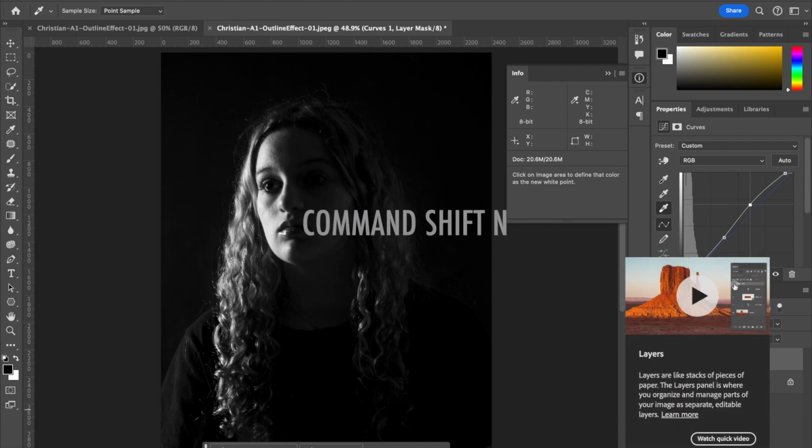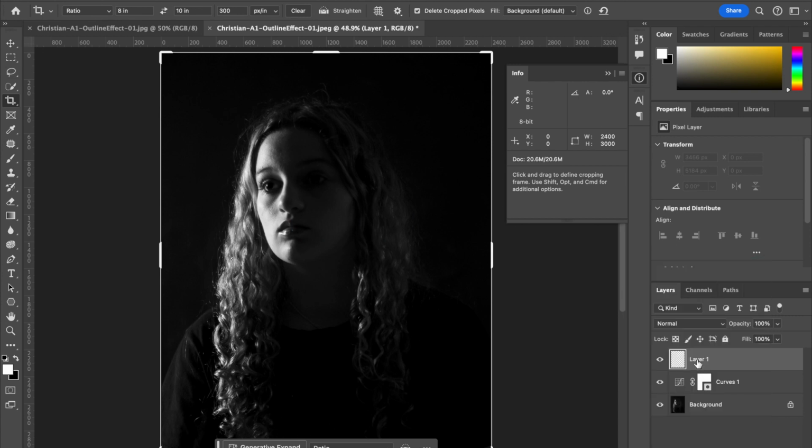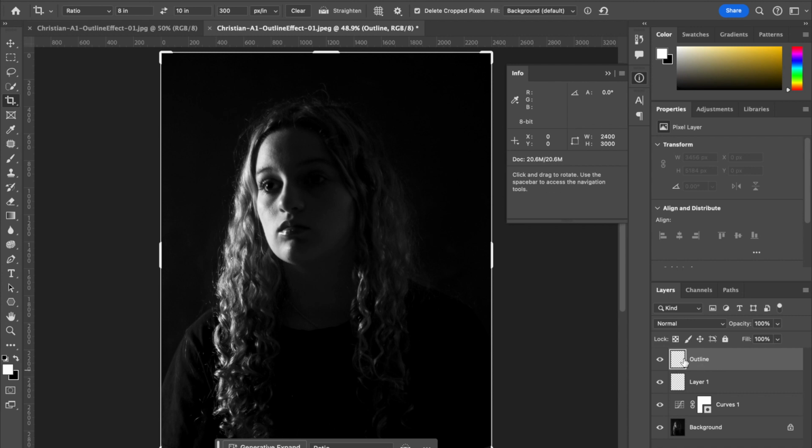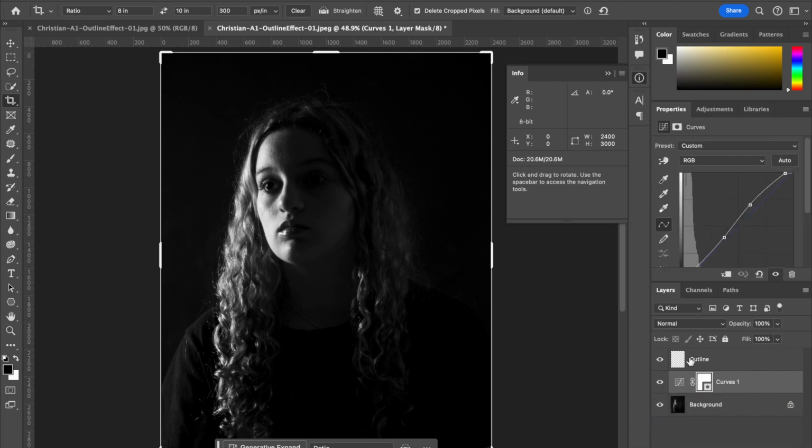Command Shift N on your keyboard also makes a new layer. If I do a plus, I get just a by default named Layer 1. Command Shift N gives me the option to rename it. I'm going to name this layer Outline and hit OK, and then it comes up here. If I wanted to rename my Layer 1, I would just double click on it. I can do that as well, and then get rid of one of those. All right, so add a layer either by clicking the plus or Command Shift N, name it